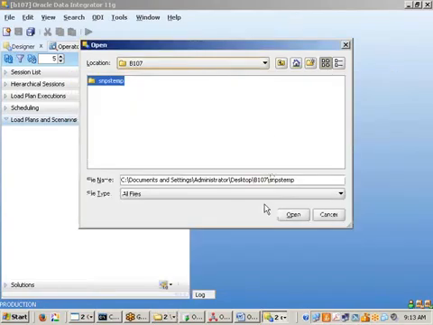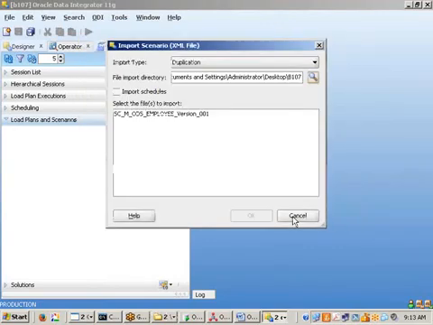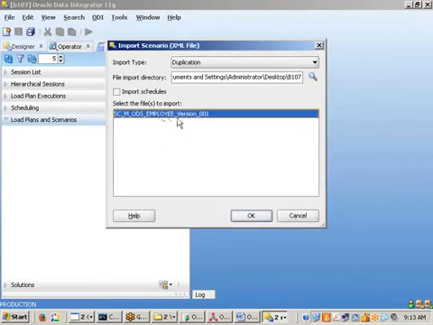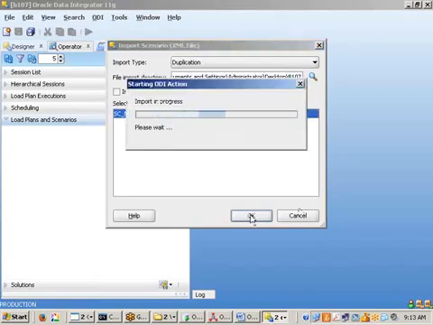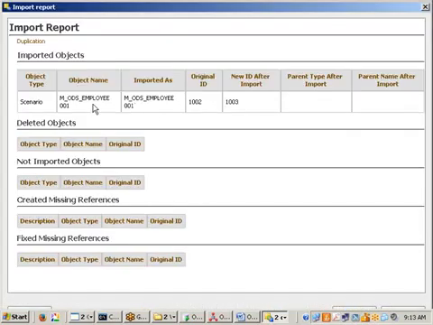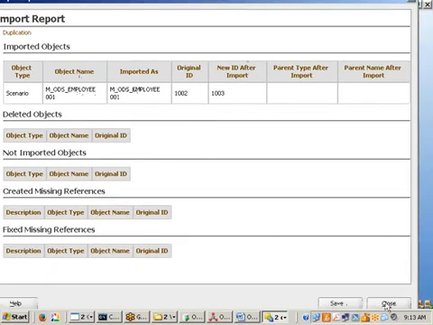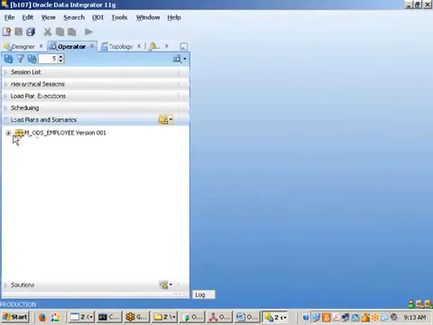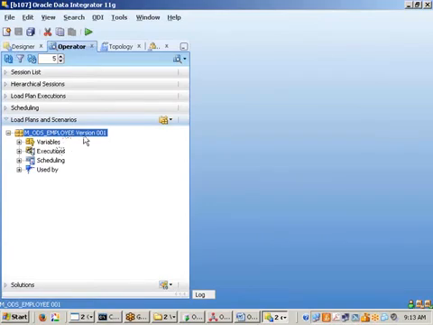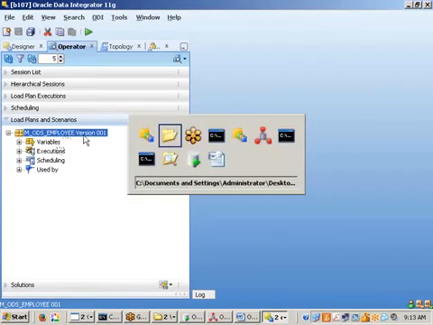This is the folder. Okay, B107 open. Then you are seeing what, sir? SC underscore M underscore employee version. Click on OK. Now importing is in progress. It's saying object name import dash original ID. That ID is changed. Okay, no problem. Click on close. Now the scenario has come. Once you imported that one,